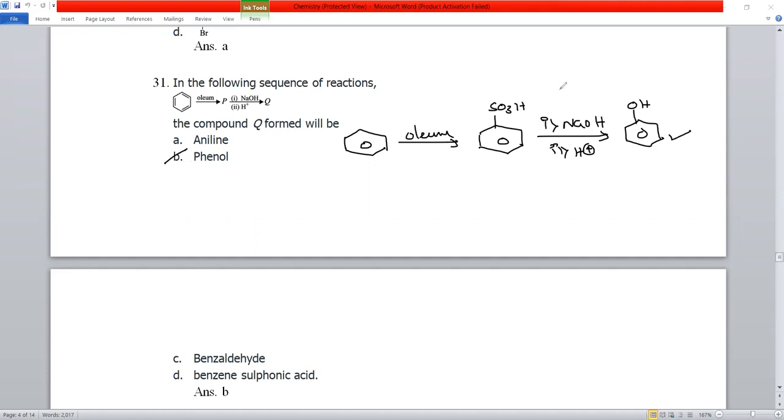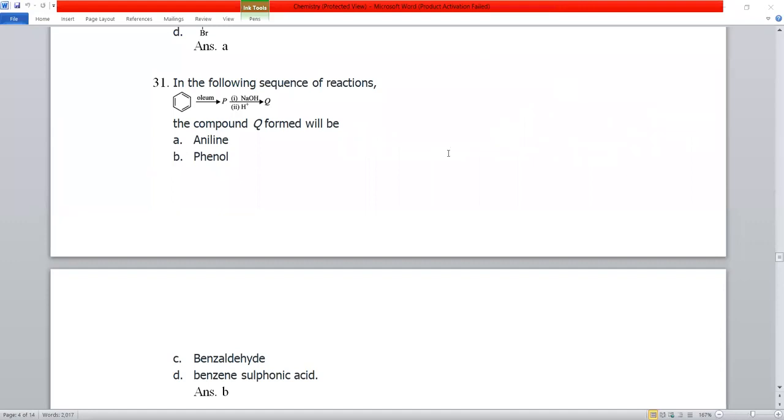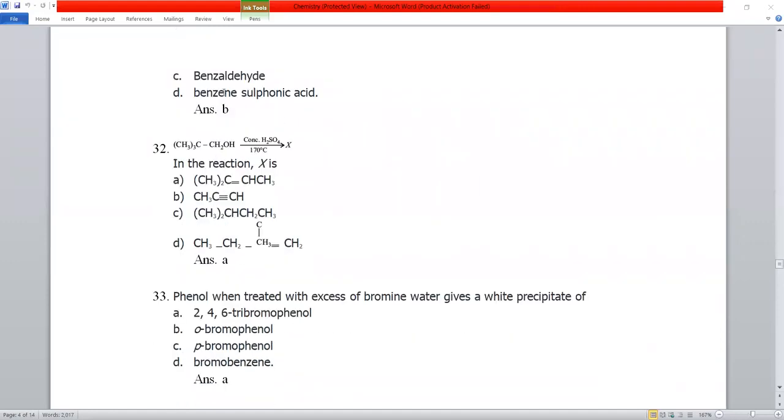So next, question number 32. Look here. They are treating the alcohol with concentrated H2SO4. Elimination is taking place. Let's draw the structure here: CH3, C, CH3, and a tertiary butyl group connected with CH2OH. So beta elimination is required, student. First, whenever we add the H plus ion, the lone pair is donated to it. Protonation is taking place first.